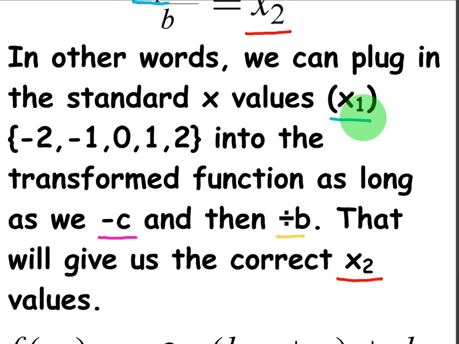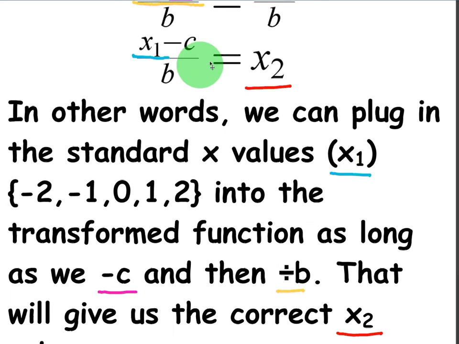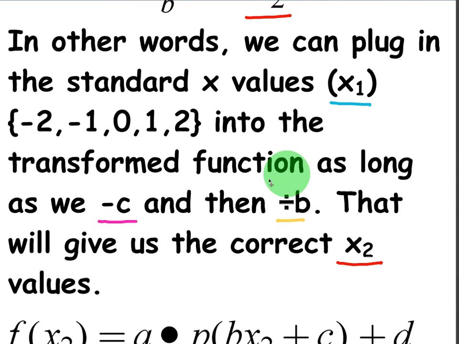We first have to subtract c from them, so that's our horizontal shift, and then divide by b. Now again, if c is already negative, you're going to end up adding it because you're subtracting a negative. So just do the opposite of whatever's going on with c. That will give us the correct x2 values that will ensure that we maintain those original y values for our